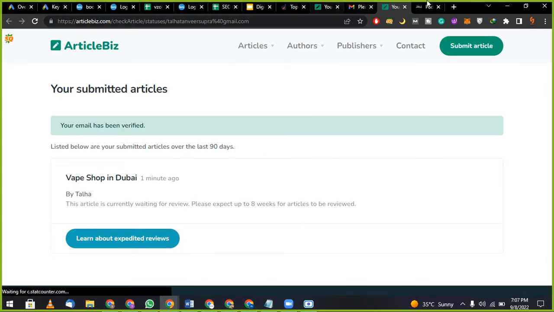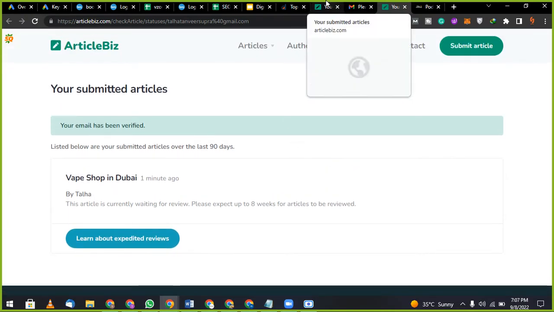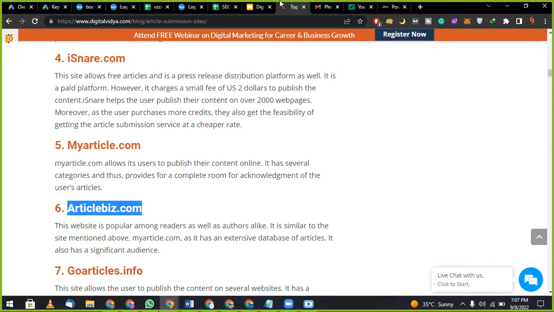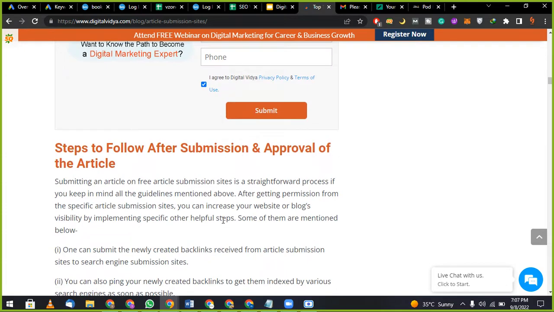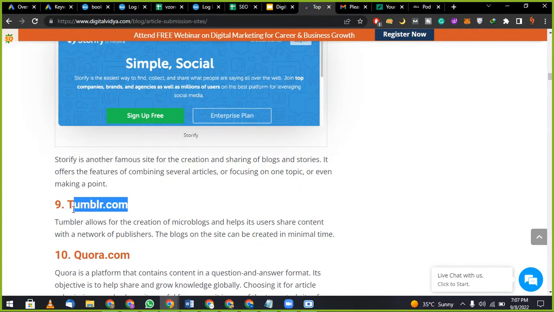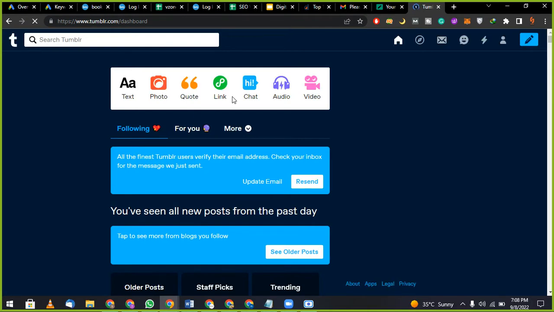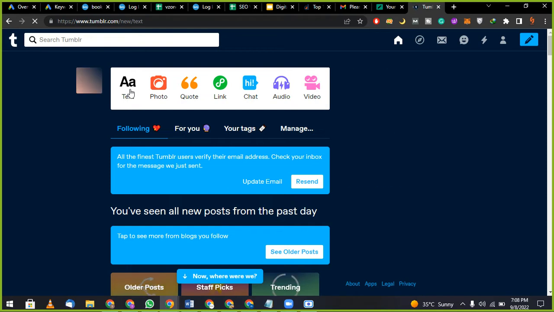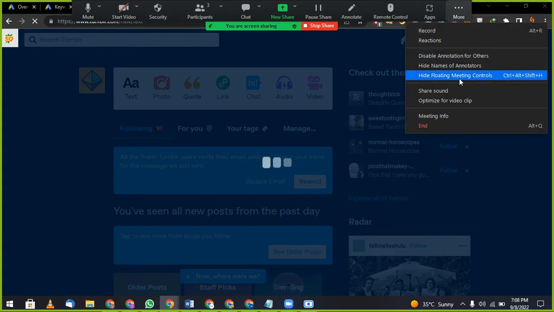Now this website is getting your link in a separate way. There is another website which will ask you for a link, for example Tumblr, tumblr.com. Copy this, go here, paste, dashboard, click on text, or you can click here also. In this way,